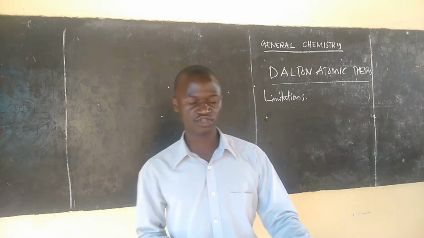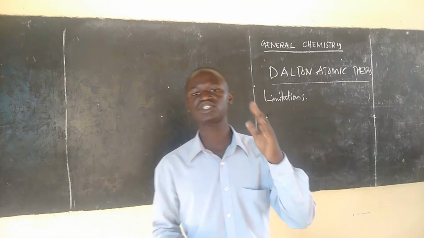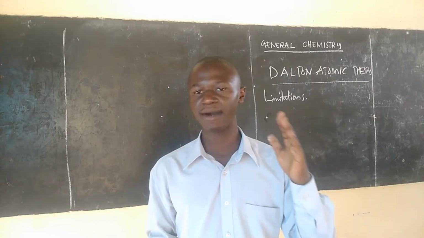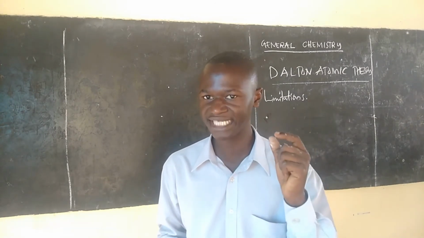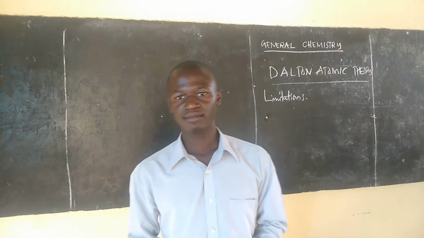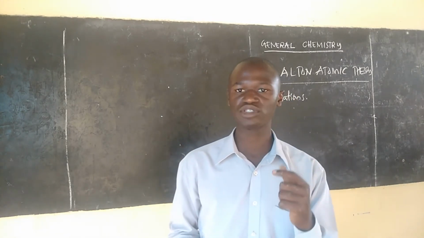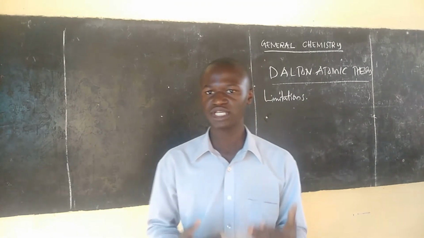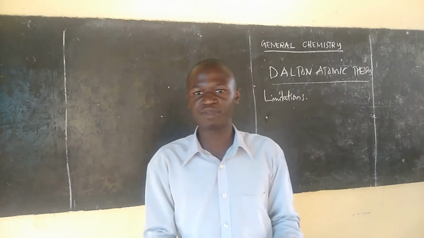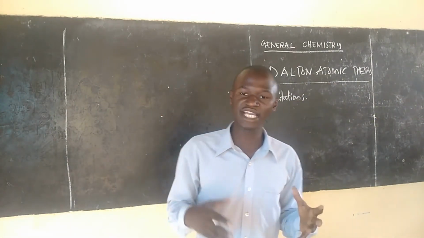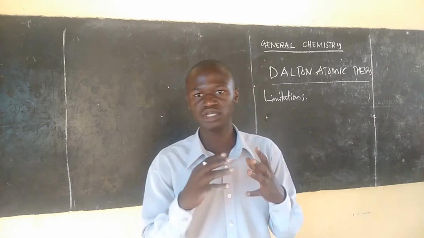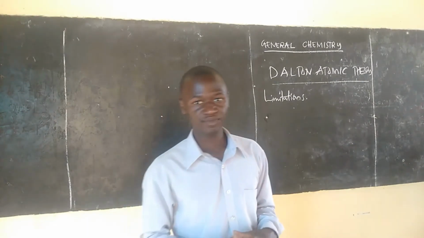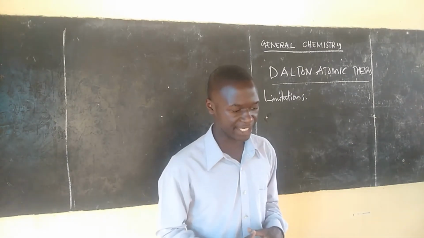So due to the presence of these particles, an atom is not the smallest again. So we can't say matter is made up of the smallest indivisible particles called atoms, because atoms are divisible into electrons, protons, neutrons, and other subatomic particles. Yani ziko nyingi. In our level tunasoma hizo tatu: electrons, neutrons pamoja na protons. So that is the limitation of the first idea.